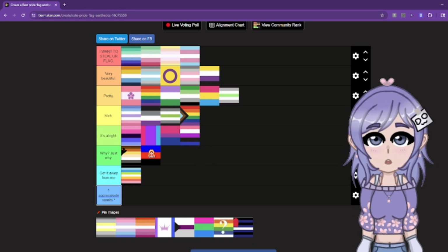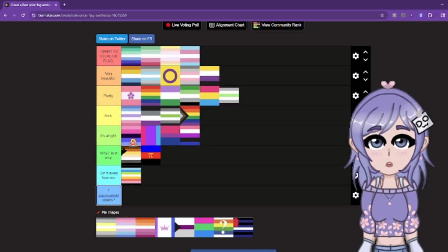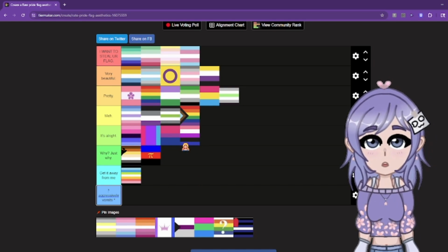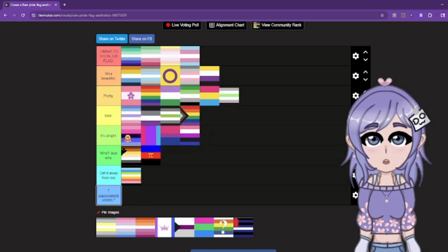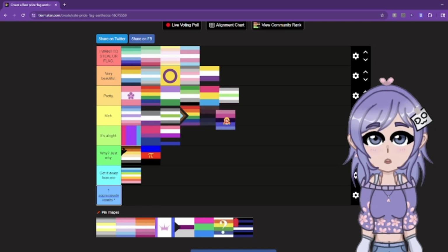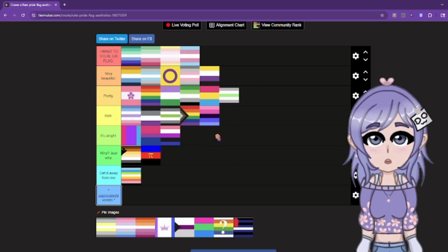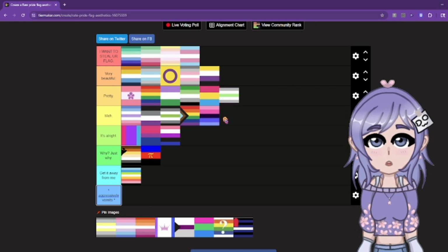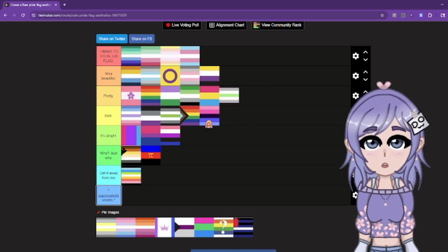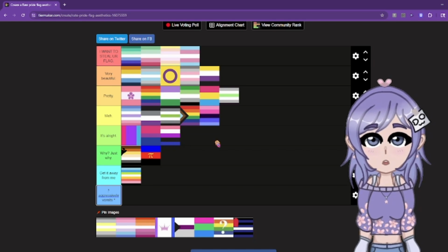Unless this one... I'm pretty sure that this one is genderfluid and this one is something else. But honestly, for some reason, I don't know if I could put it at the same pedestal, because I like this one more. So I guess this one is getting a move up. I guess I retract my previous statement about the dark stripe standing out too much. Because honestly, that looks better than it being in this order, so...